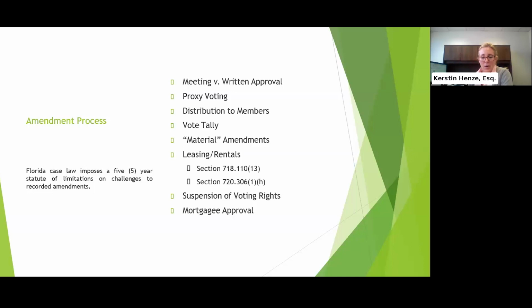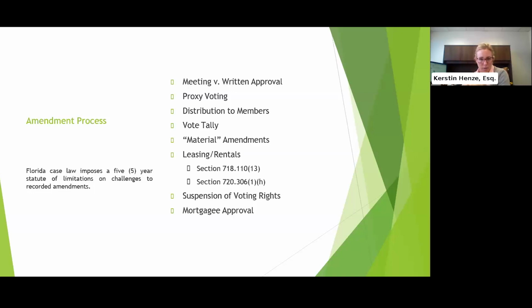There has been some case law, however, to suggest that really that authority should be in your governing documents, declaration, although typically you see it in the bylaws. So case law says it should be in the bylaws in order for it to be effective. So, check your bylaws and get with counsel. In an abundance of caution, you might want to consider an amendment to your bylaws to give you that specific authority so that you don't have a potential successful legal challenge in light of this recent case law that came out.